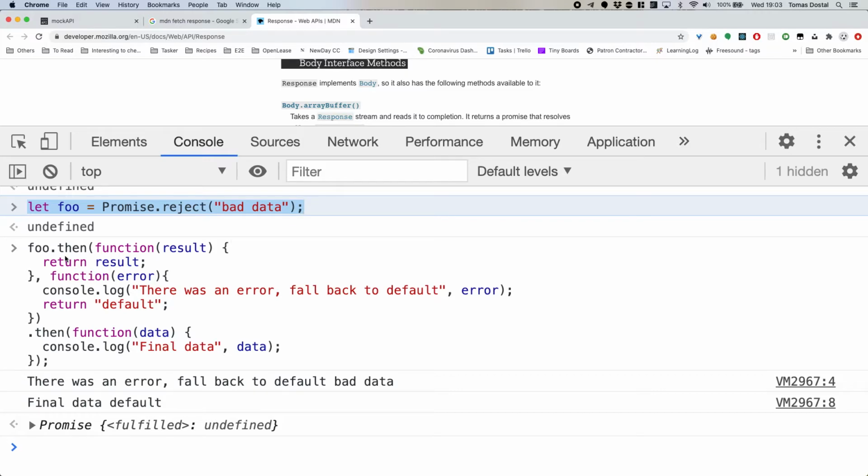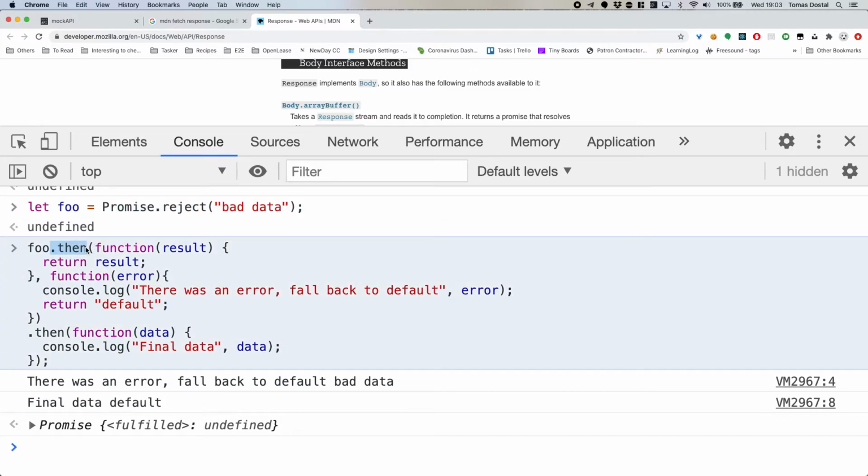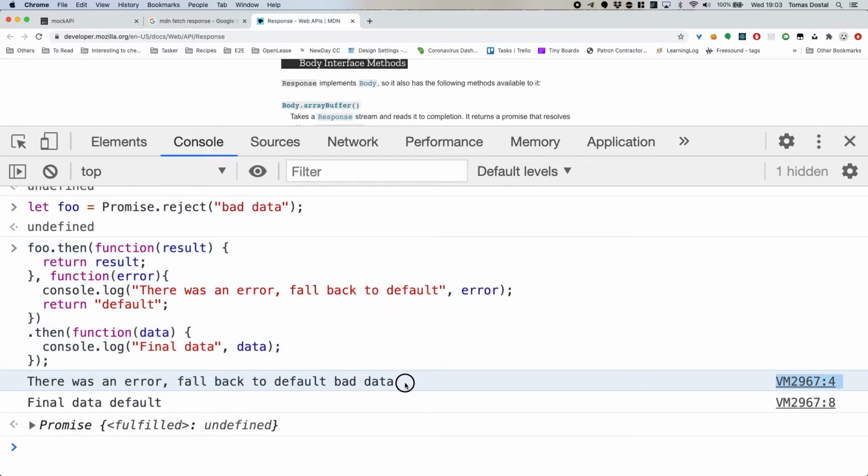Okay? When we do the first then, we go into the successful callback. In this case, the successful callback is no use because this promise is rejecting. There is an error, so there is no success, right? So it goes to the next one, and the next one is the error handling, the error callback, the reject callback. So this is what actually is going to happen. Now the first line, console log, right? So that's why we see this message. The bad data, where does that come from?